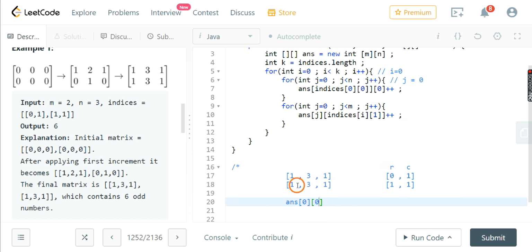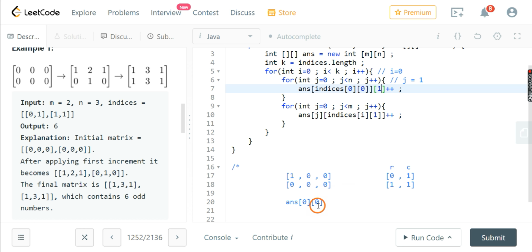Now we will increment this. So let's increment answer at 0 comma 0. So this becomes 1. Now I will remain 0 and j will become 1.